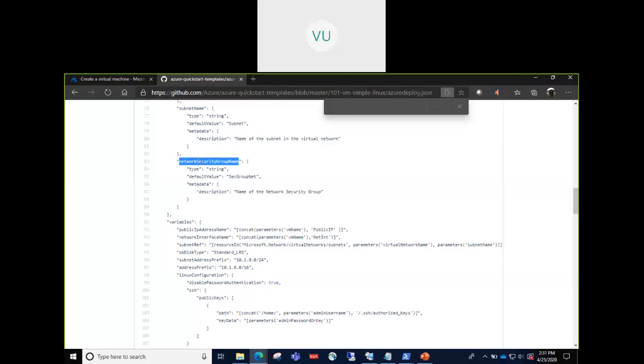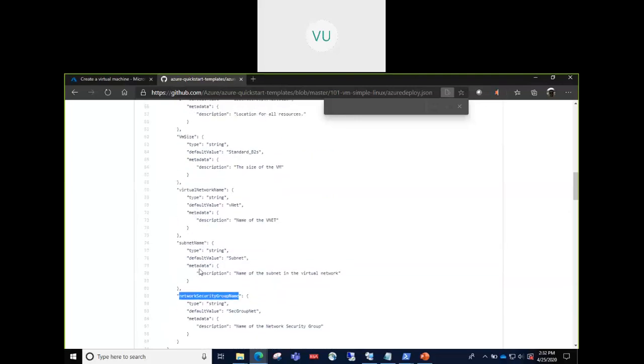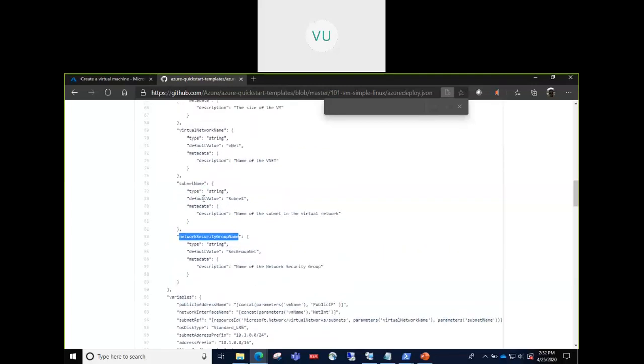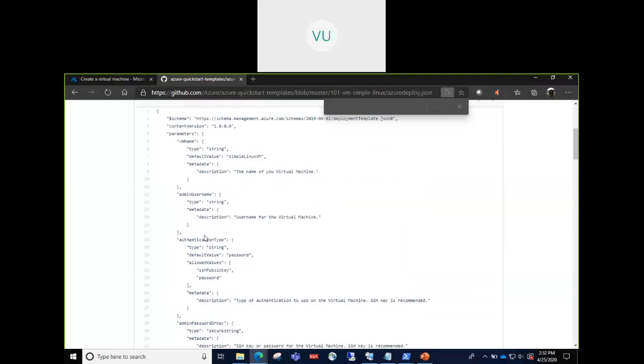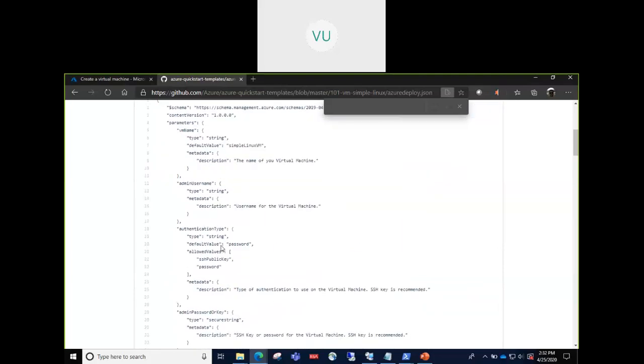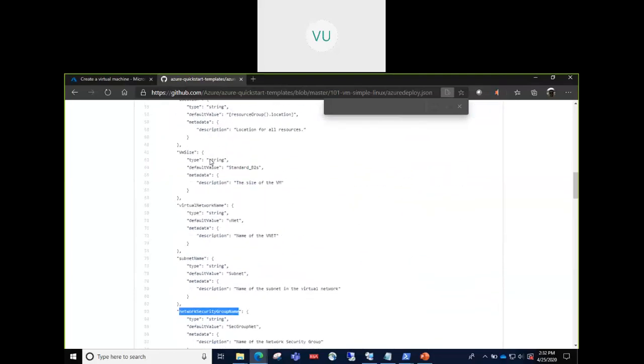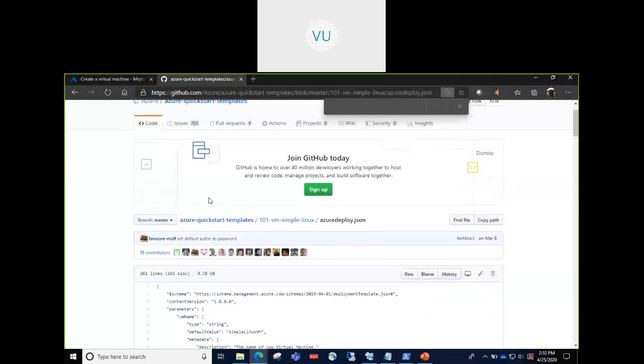This is used for defining which traffic is allowed to your virtual machine and which traffic is not allowed. So you need to enable RDP in case of Windows Server, or you need to enable SSH traffic in case of Linux virtual machines. So these are all the parameters which will capture those values. This is where you are defining the parameters and providing any default values. This is the list of parameters you would need for deploying a virtual machine using this template.